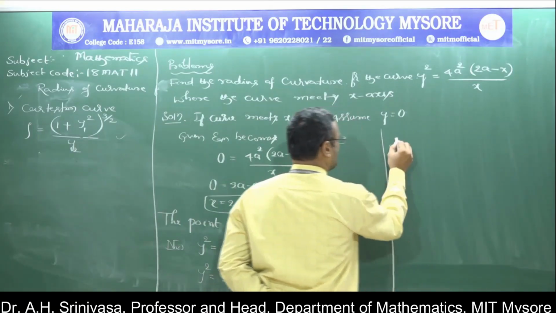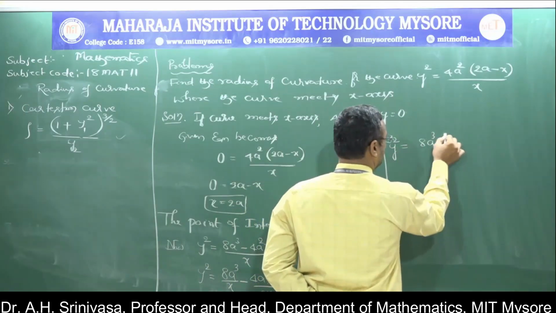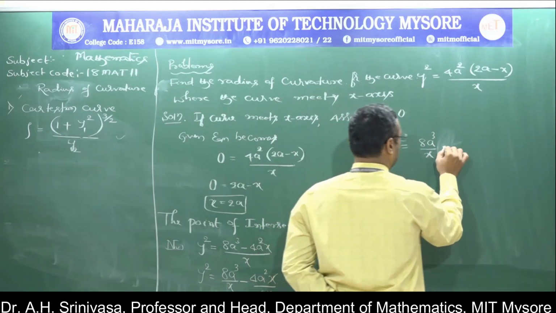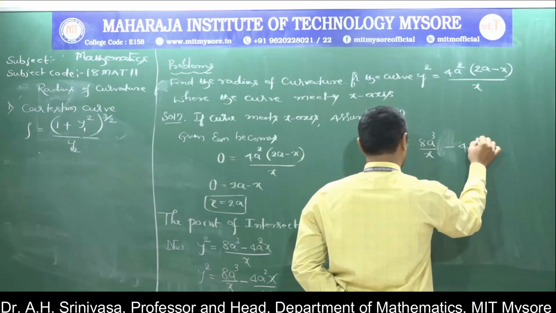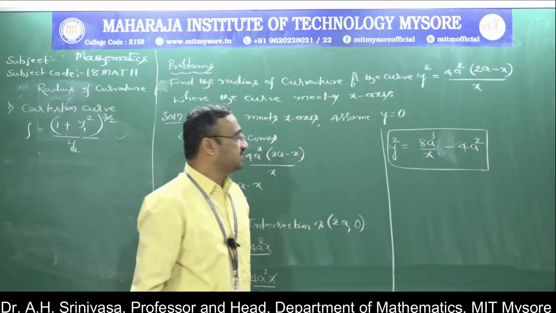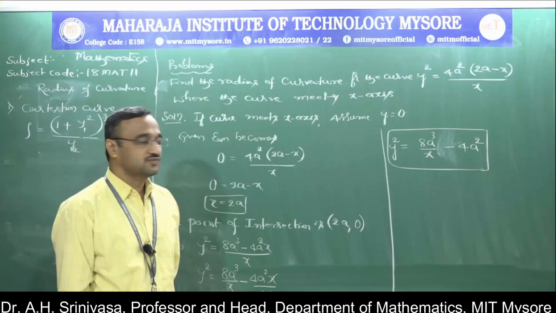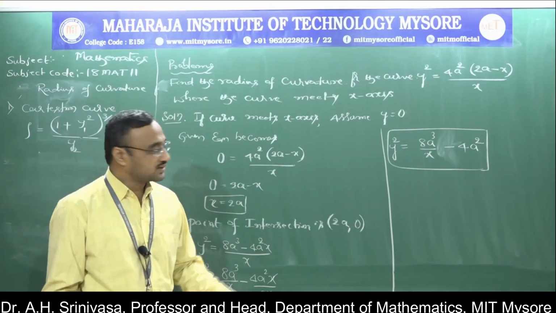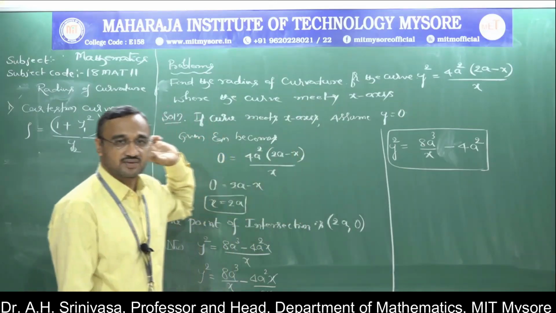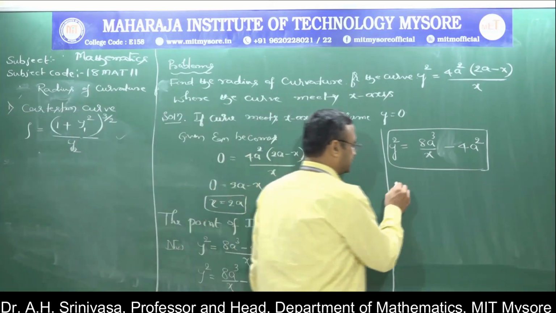What we get now here, y square should be equal to 8a cube by x minus 4a square. Now we have reduced in this form, that is y square equal to 8a cube by x minus 4a square. So after reducing this in simplified form, now I am going to find out the first and second order derivative, what we need for the formula. Okay. Now differentiate